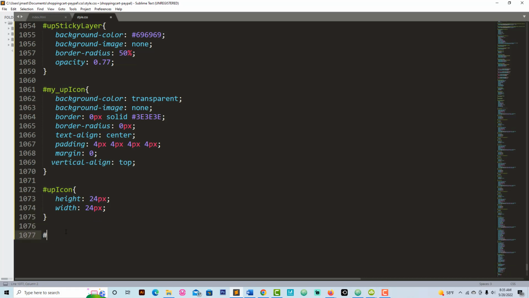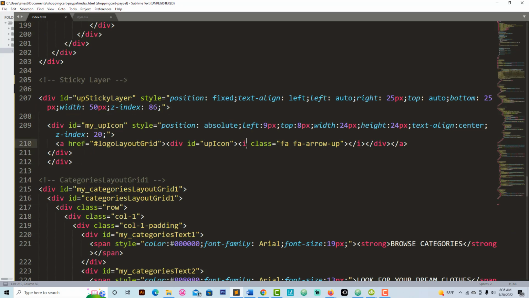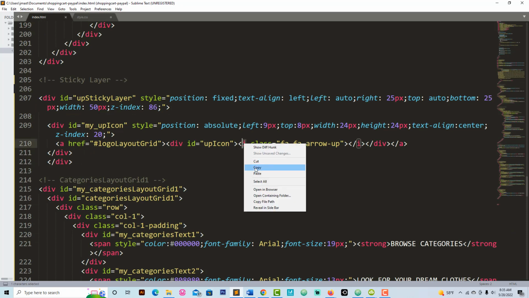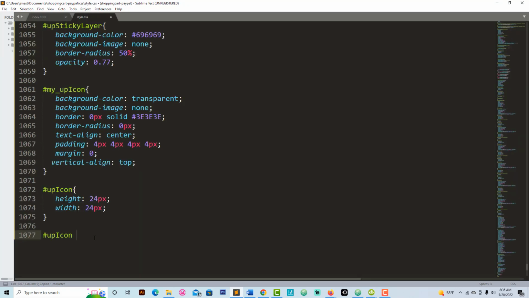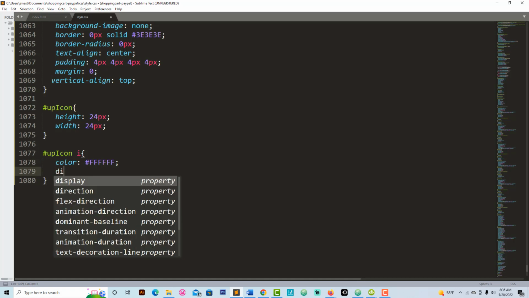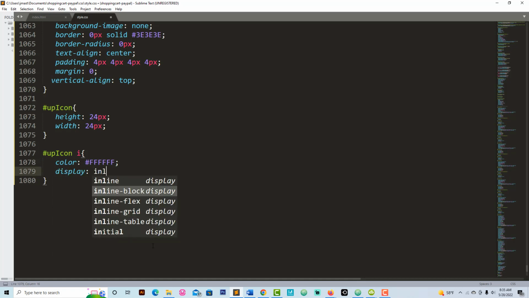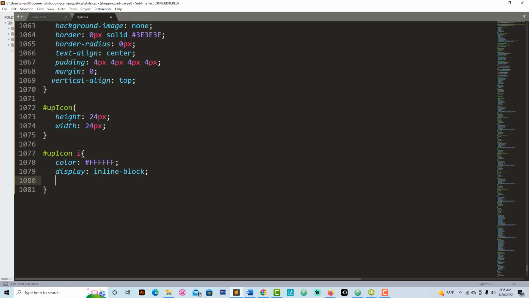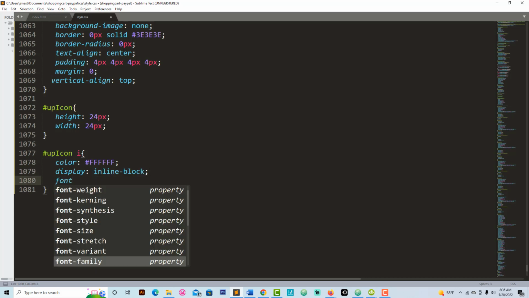Now I'm going to say up icon. This is what we're working on right now. Now I'm going to take the i, and paste it here. We need a color, our color is 123456, like this. Also I want to display inline block, a font,